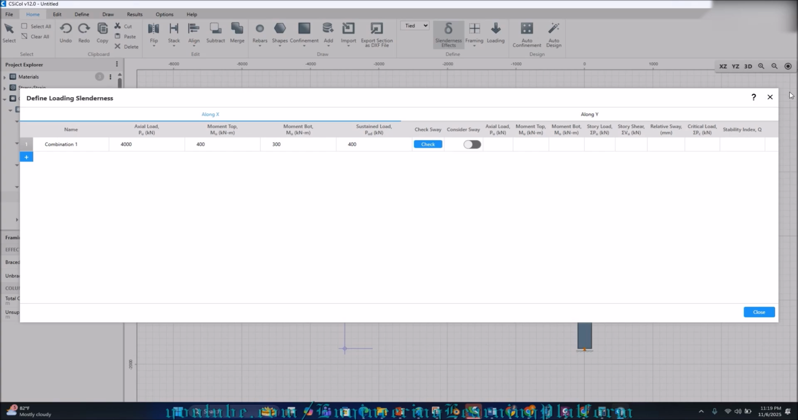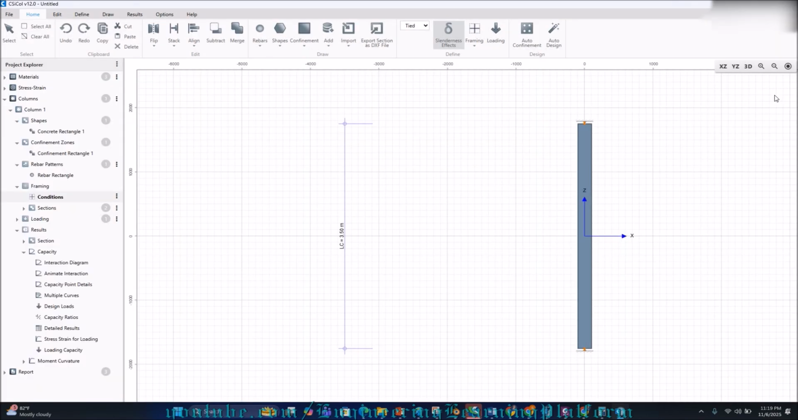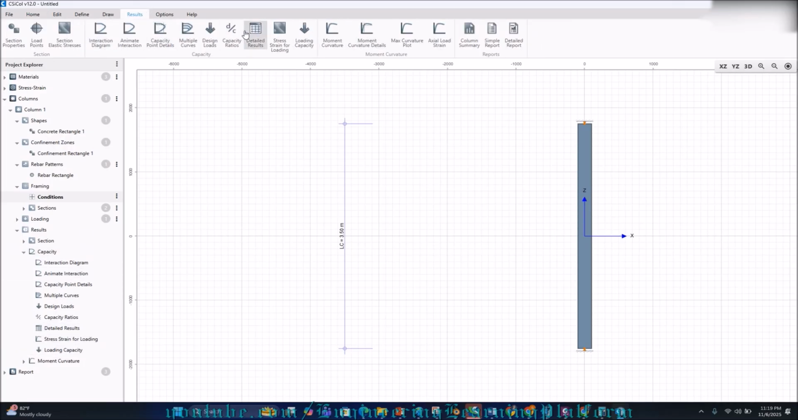So guys, that's all for this video, and the main purpose of this video was to make you aware of this interaction diagram, then confinement, and how the auto design functionality works. I have already discussed in detail about these options in my video number 1. So if you haven't watched that, kindly watch that, and